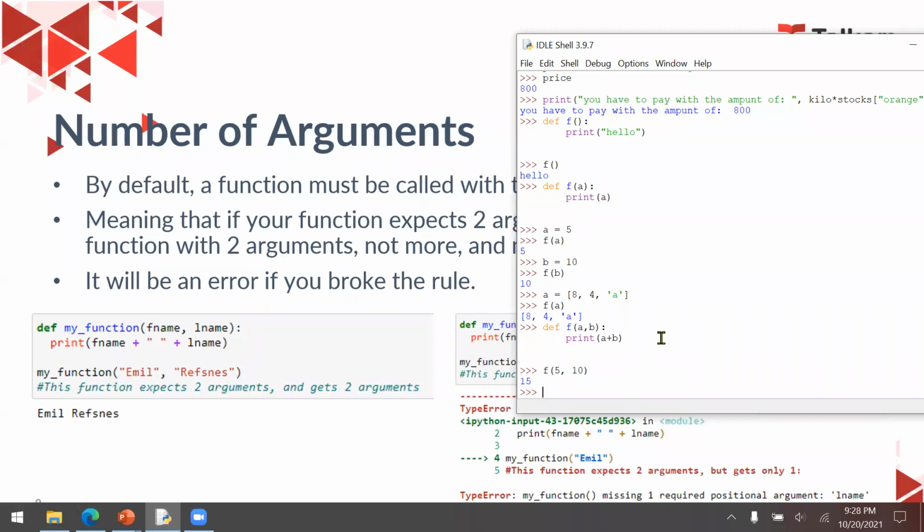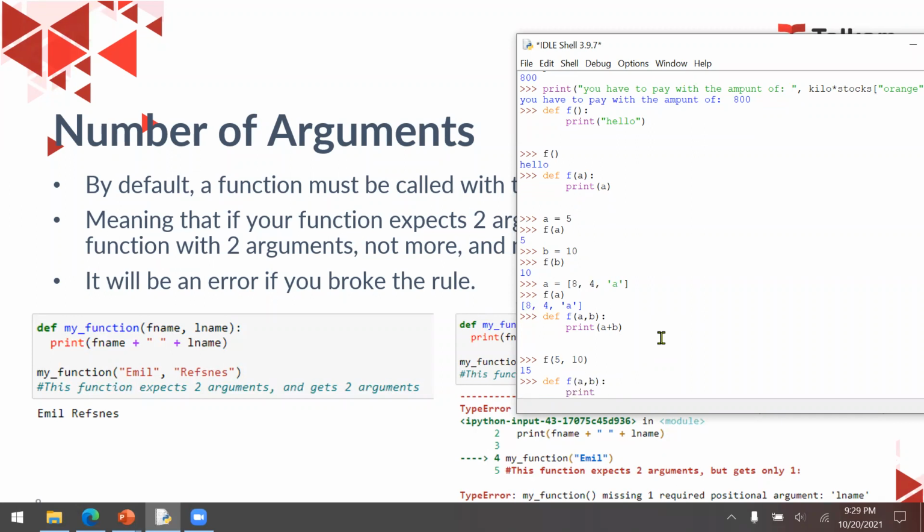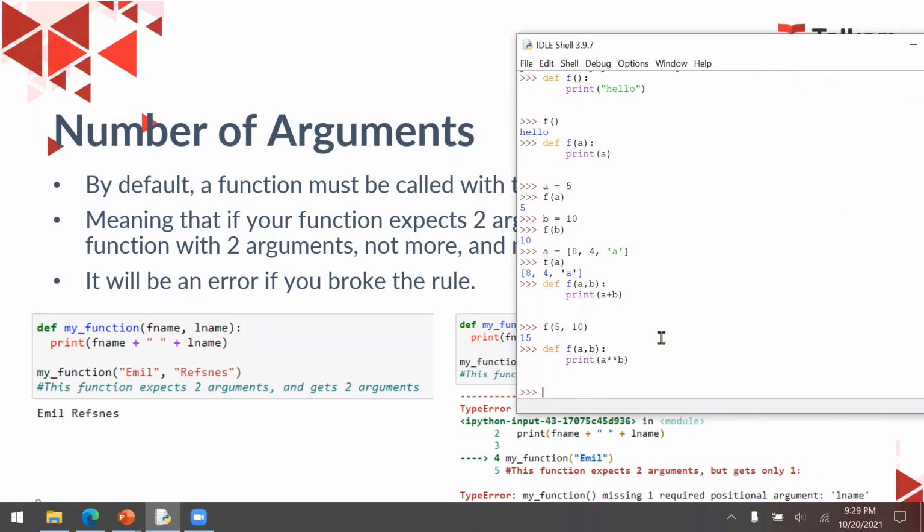Okay, so how about if I don't remember the sequence of the arguments? Let's say I'm going to use this, def f, and then a, b, and then print a power of b, something like this. Now f(2, 4) will return 2 power of 4, which is 16.